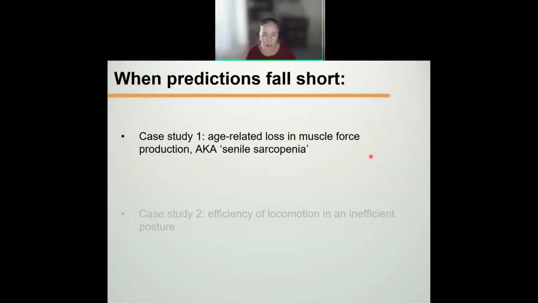The second case study will be an examination of something more rooted in comparative biology, that is the efficiency of locomotion in an inefficient posture, that is during tunnel locomotion. So first of all,